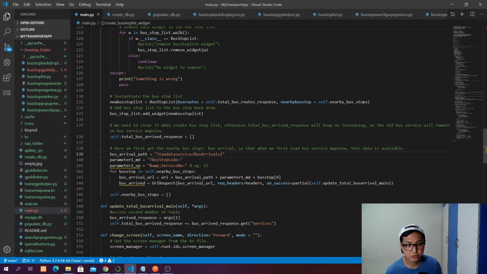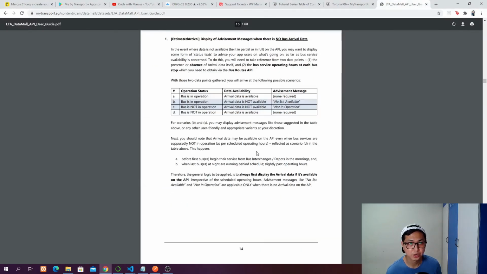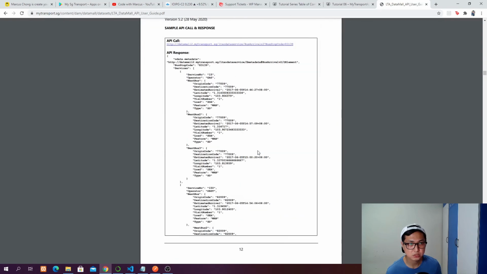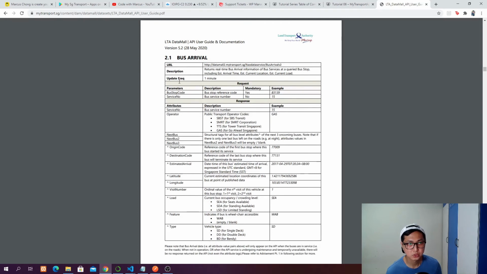So we can do another query, which we will use the URL request. This is referring to section 2.1 of the LTA data model. This is another one that is really cool, because when you pass in a parameter of bus stop code and bus service number, it's going to give you information like that bus, that service number, when is the next bus arrival time, next bus arrival time, and next bus arrival time, and then where is the latitude and